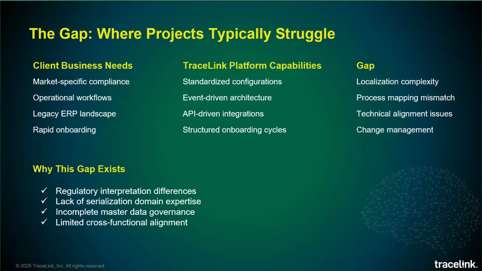And then comes limited cross-functional alignment. Like we discussed earlier in one of the slides, there are different teams involved in this entire supply chain for pharma and traceability, right? And there isn't cross-functional alignment. So these teams have zero visibility and work in silos, and this is where the huge gap is. They have to have visibility. They need to understand the impact of the task at hand, which might really impact them at a later stage and can impact the business and revenue of the company as well.